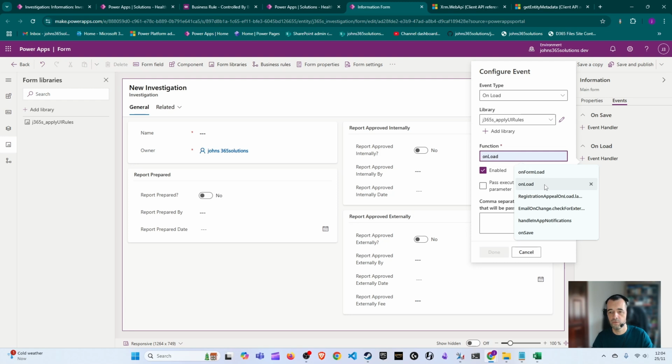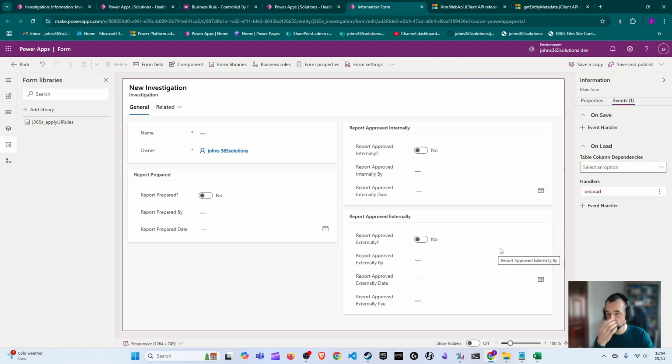It's called onload for in this case, and you need to remember to pass in your execution context, and that's it. Done. As far as JavaScript goes, that form is good to go. So that will save and publish in the background. And while that's saving and publishing, what I'll do then is I will go back to